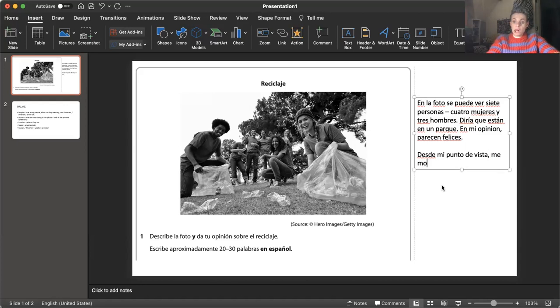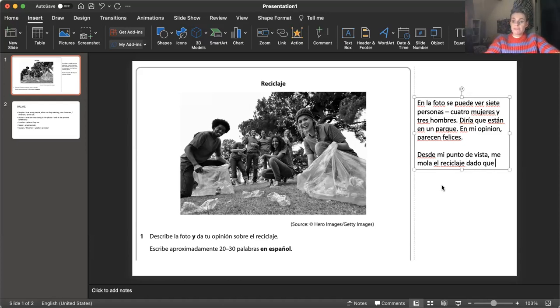Me mola, I love, el reciclaje. I love recycling. Do you know what? Even if it's not true, I do like recycling, but even if it's not true, I'm going to write that. Me mola el reciclaje. Now I could justify that opinion with porque, but I want to do better than that. So I'm going to write,